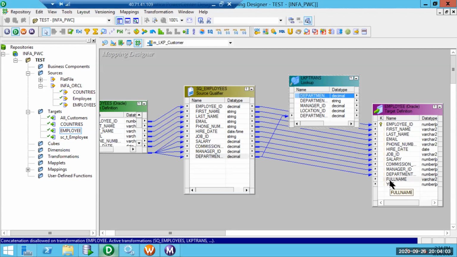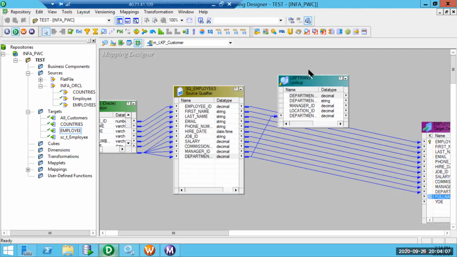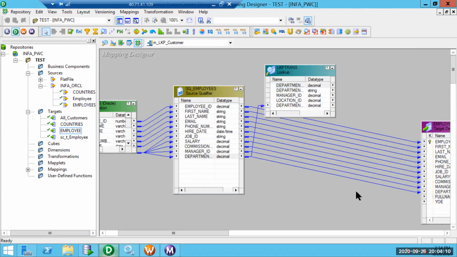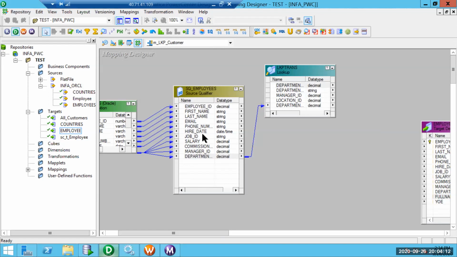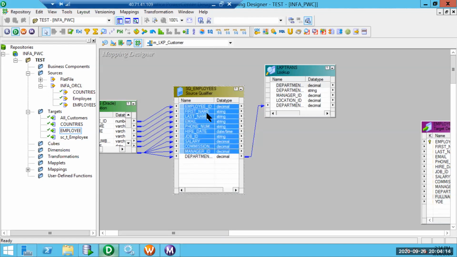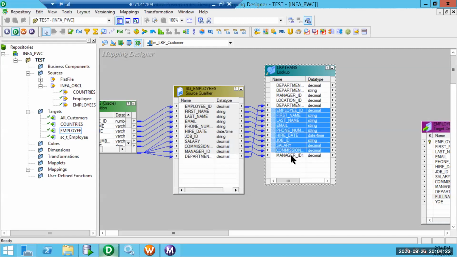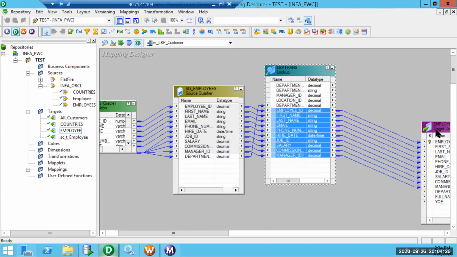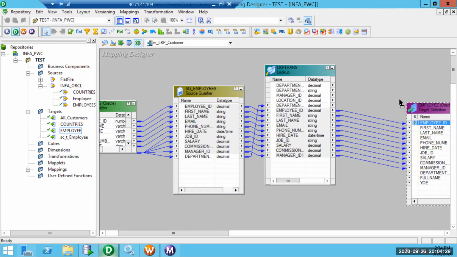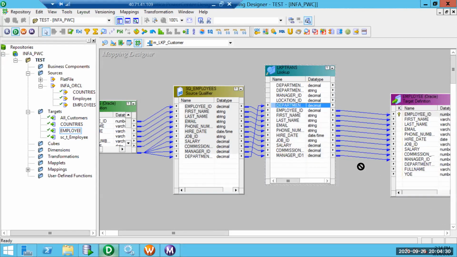One way is to use a joiner, or the other way is to bring everything to the lookup. Bring all the ports to the lookup. This anyways will not build any caches, so it should be fine. We cannot skip the transformation.